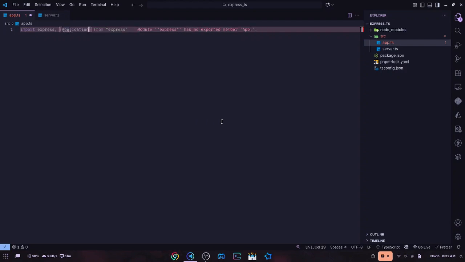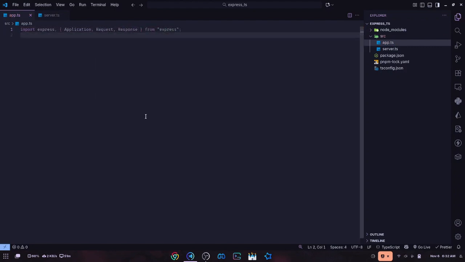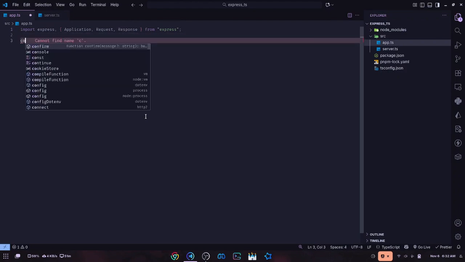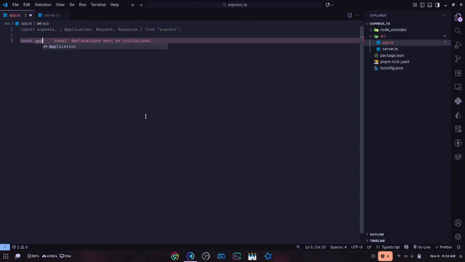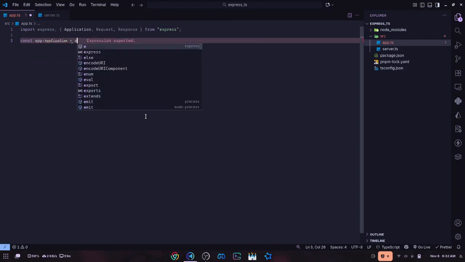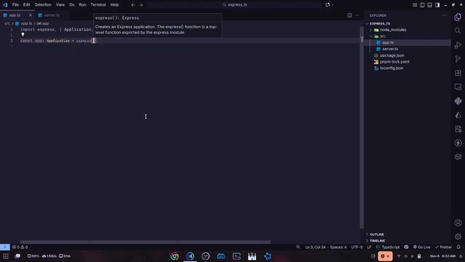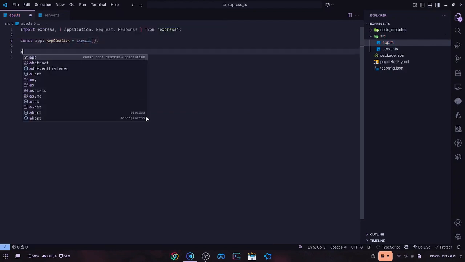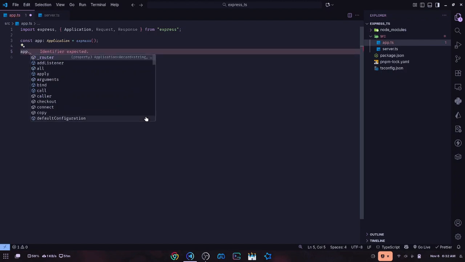So the type of application, request, and response. That's all we need for now. So let's create our application instance. So const app of type application is equal to express. Nice. So I'm just going to register a single